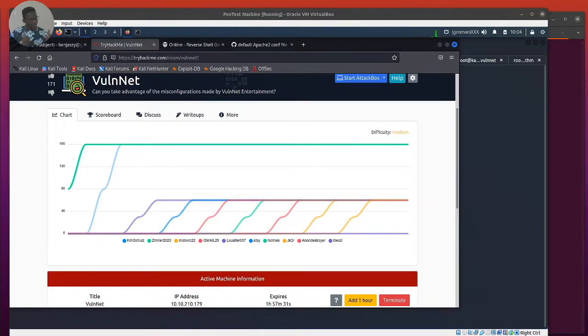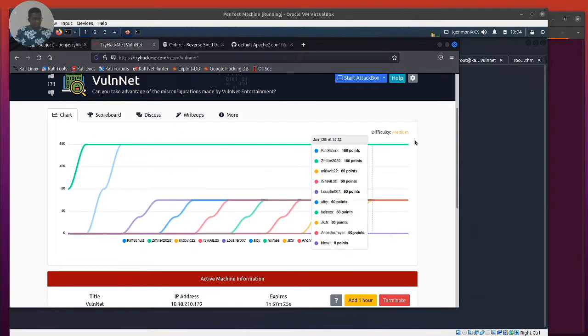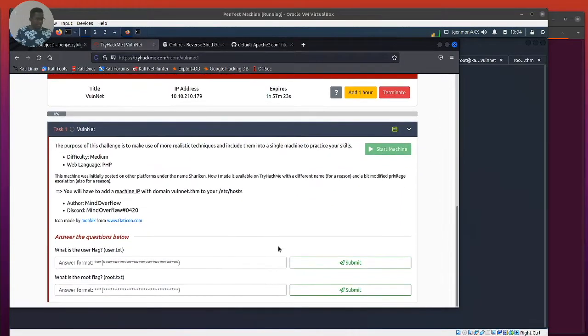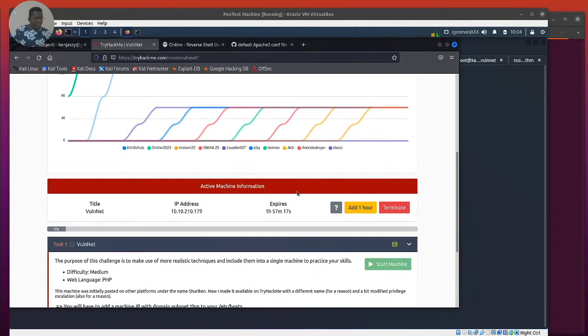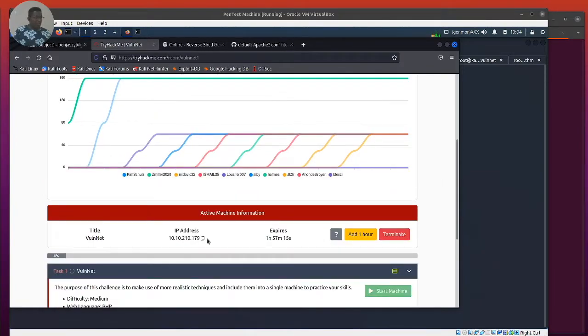Today we'll be doing VulnNet. It's a medium difficulty room. I haven't done this yet, so we're going to work through this together and see how fast we can actually get this done. So this is the IP address loaded, just started the server, and we'll go run an Nmap scan against this IP. But before that, I'd love to